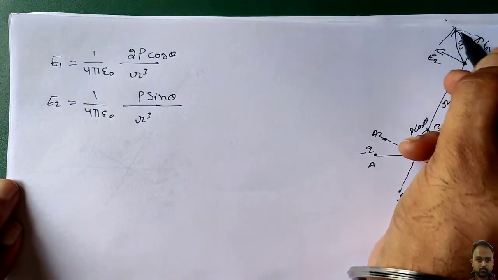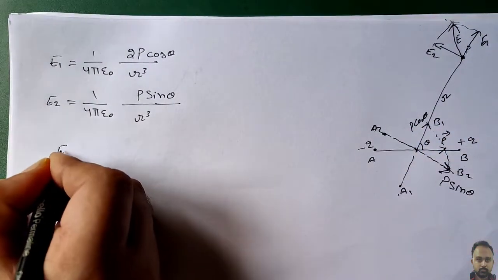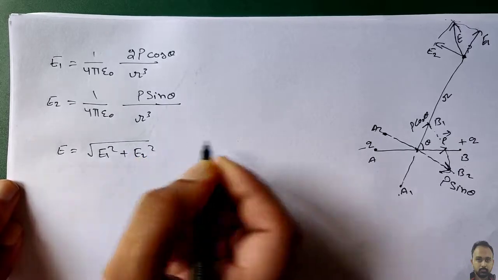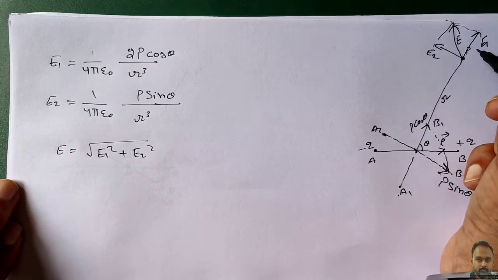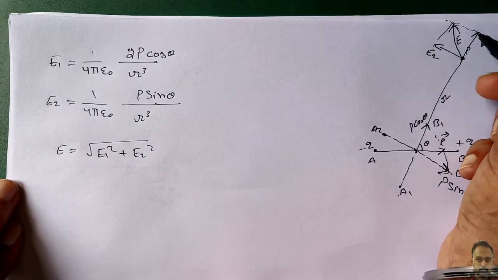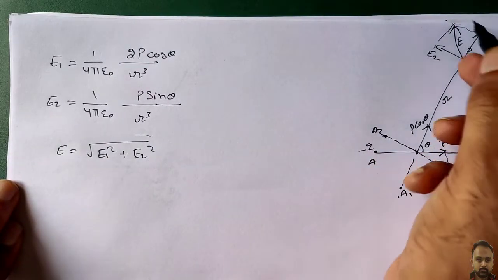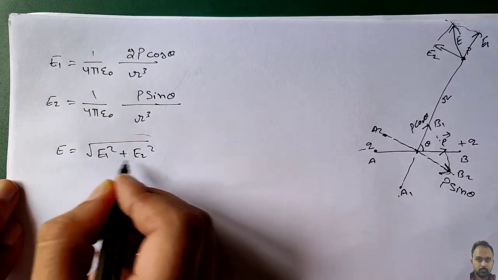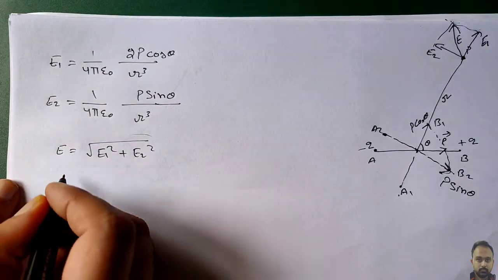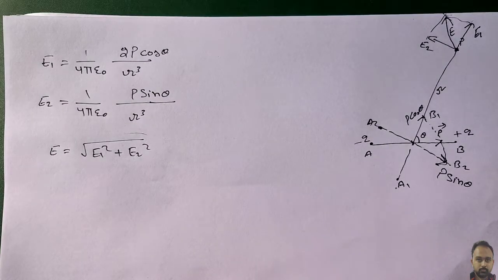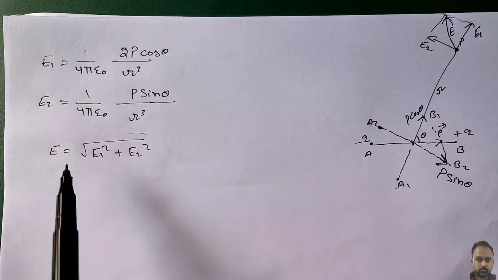Okay. So from this triangle we can simply write E as E1 square plus E2 square, because this is the triangle from Pythagoras. This square is equal to this square plus this square, and the square of this E will become under root of these two electric fields. Okay, so I'm writing this way. Now let us put the value of E1 and E2 in this equation.